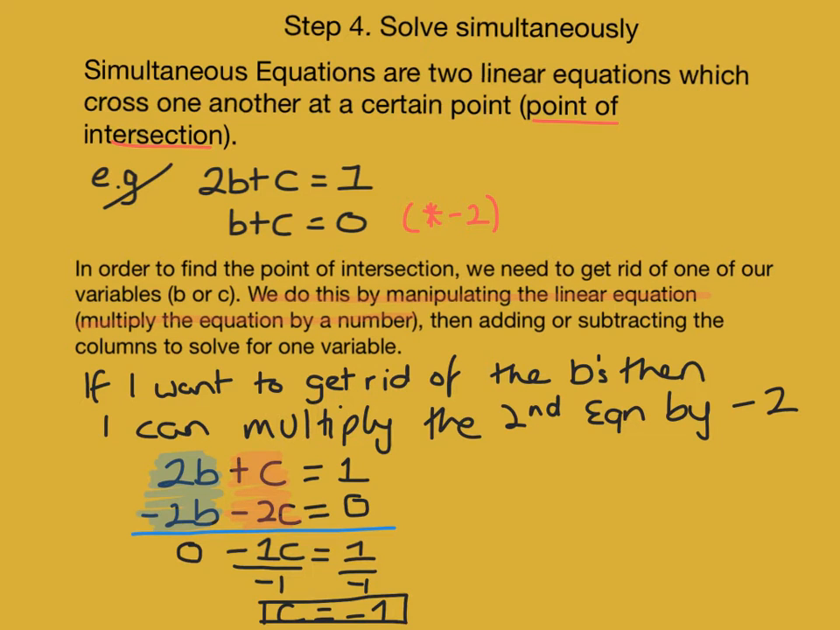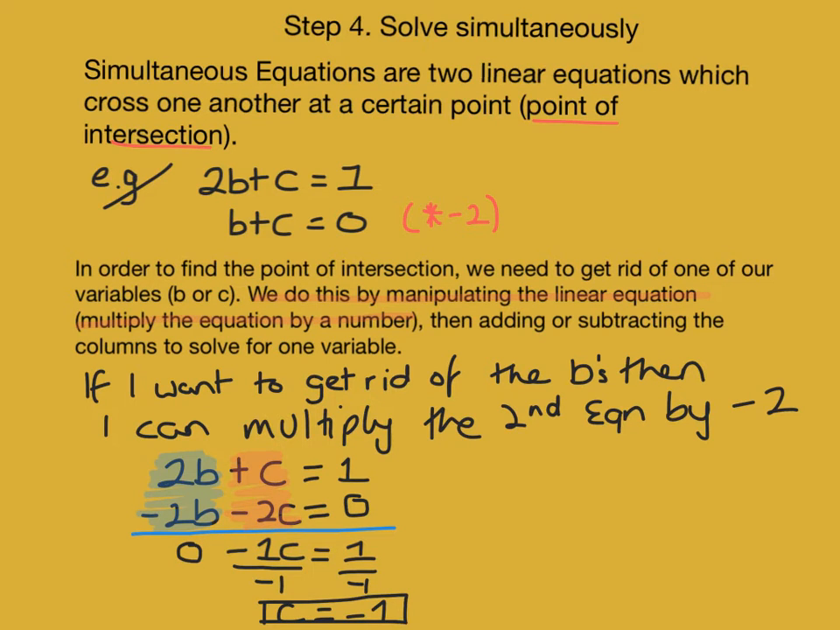We have to get rid of one of the variables by manipulating one of these equations. And we do this by manipulating the linear equation, multiplying the equation by a number. In this case, I want to get rid of the b's. I could have gotten rid of the c's, and hopefully if I have time, I'll show you an example of where I would get rid of the c's, but I'm going to get rid of the b's instead. So in order for me to get rid of this b, I multiplied this whole line by -2, because I can't just multiply one term in the line. It's like the recipe